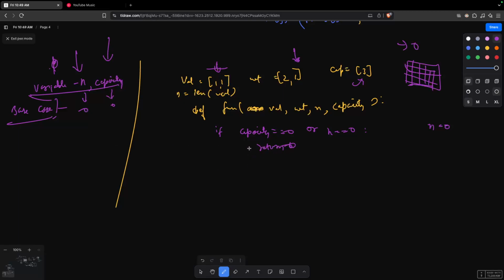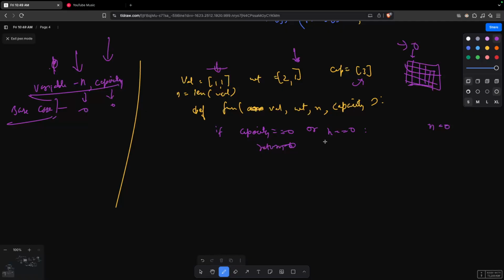Okay. So again, you might get into confusion why when capacity is 0, the return is also 0. While we were doing knapsack 01, when the capacity was 0, we were returning 1, because in that case we either consider it or we don't consider it. But here we can't reach the capacity. That's the reason. Okay. So moving forward,